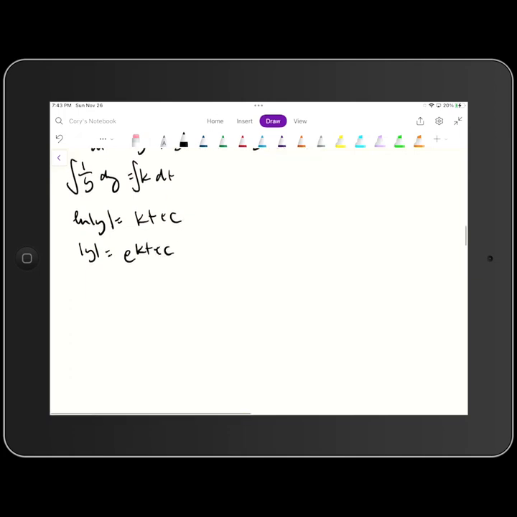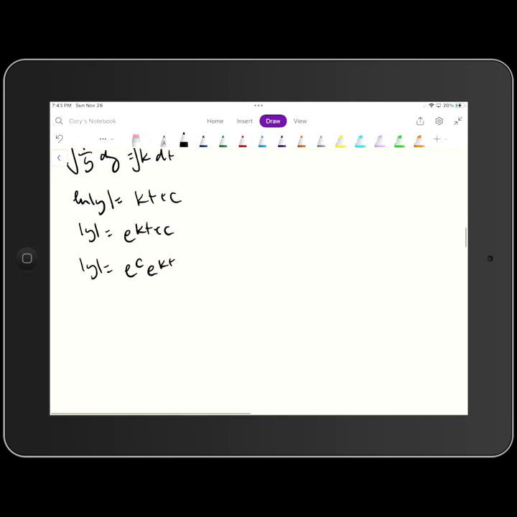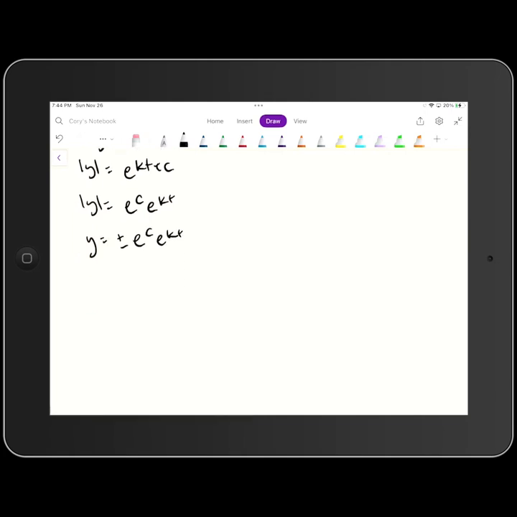And then I'm going to rewrite the right-hand side as e to the c power times e to the kt power. Okay, I'm going to drop the absolute value bars by putting a plus or minus in front of the expression on the right-hand side. And then I'm going to rename that constant plus or minus e to the c power as a. So that's a times e raised to the kt power, where a is plus or minus e raised to the